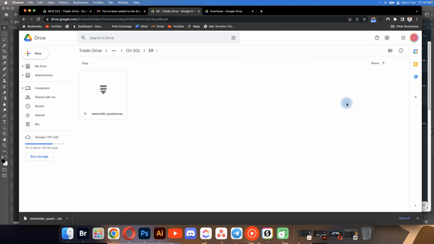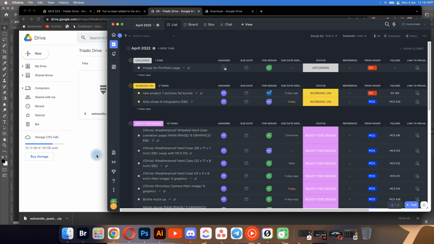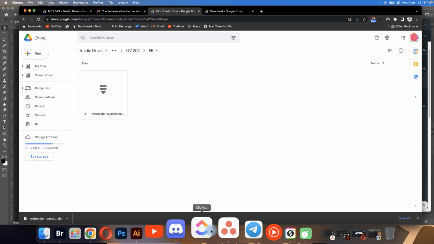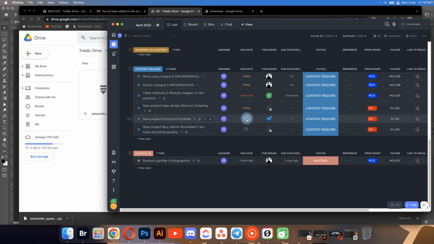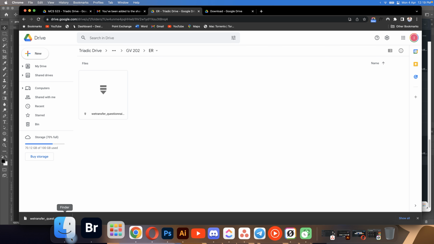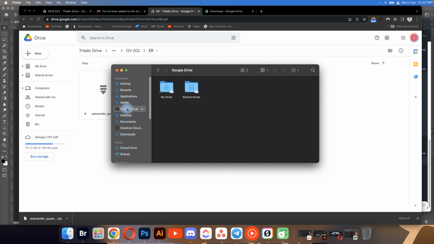And in future, whenever we receive a new order, we will already make a folder there, right? For example, if we receive a new order like this, there will already be a folder uploaded on the drive, and you just have to go to your home, My PC, or Finder for Macs, My Computer for Windows. You will go to your shared drive,